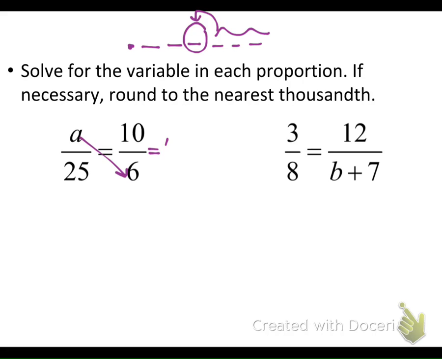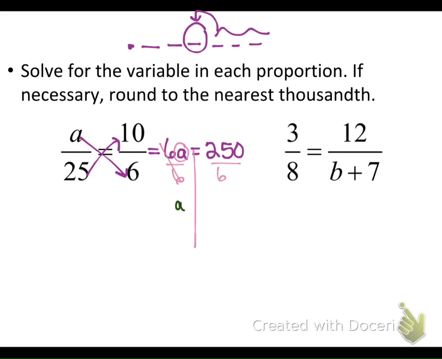So I'm going to put my equal sign and get 6A equals, go ahead. 25 times 10 equals 250. Okay, so once we cross multiply, my next step is to draw that line, solve my equation. Divide by 6 on both sides. So 250 divided by 6 is going to get me,